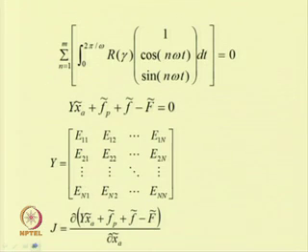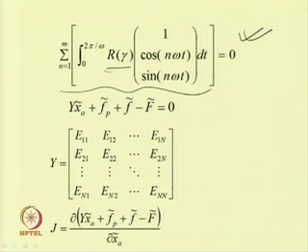Similarly, one can minimize this residue by using this method. So, this is the residue. Integrating this residue from 0 to 2 pi by omega, that is one cycle, taking n equal to 1 to m and multiplying this R with 1, cos n omega t, sin n omega t dt. So, one can minimize this residue, and this equation will reduce to this form.